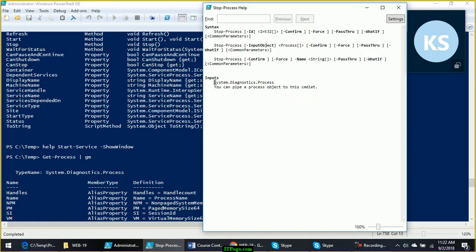What is the input object required? System.diagnostics.process, and the output object is system.diagnostics.process. Both are of the same data type. That's why these two commands can successfully connect in the pipeline.